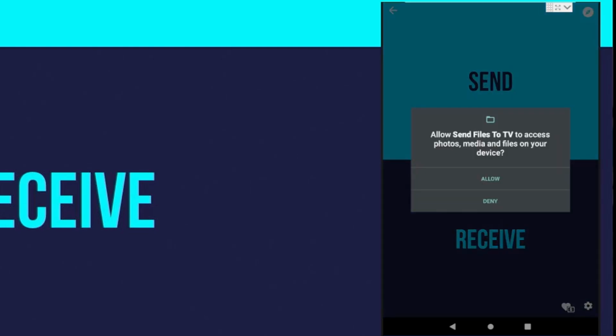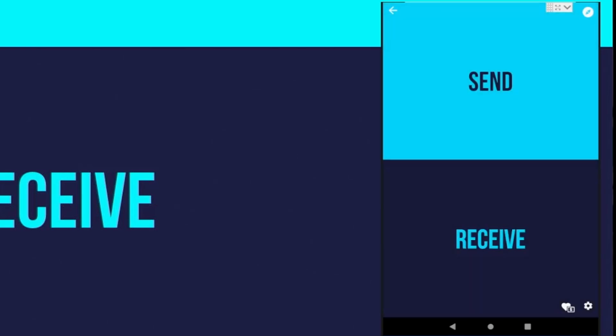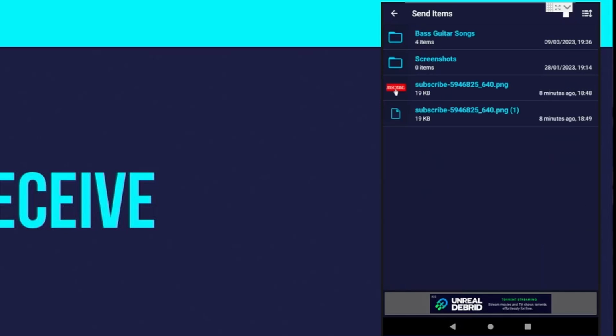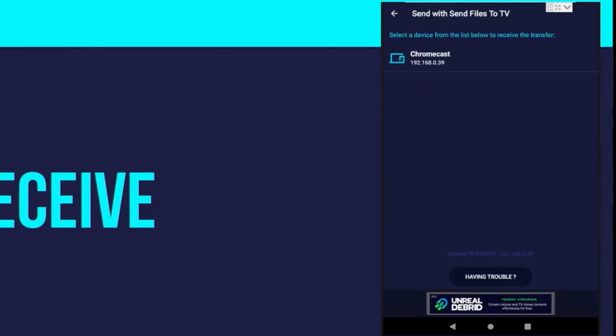and it says here, allow send files to TV to access your photos, media and files on your device. Make sure you click on allow, otherwise it won't work. And then you'll be brought here, folks. So what I'm gonna do is browse for the item I want. So if I go to pictures, for example, I'm gonna select this,